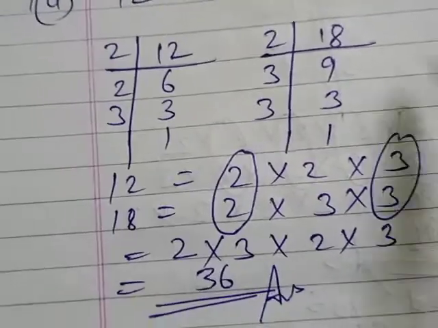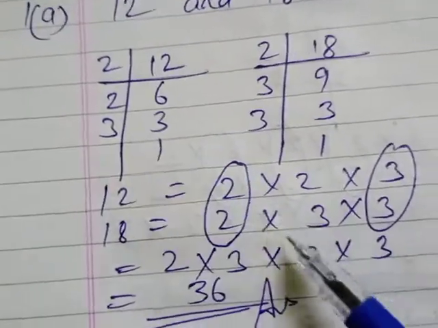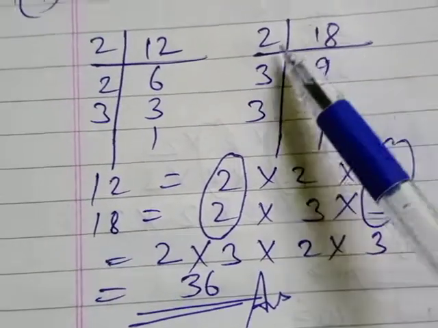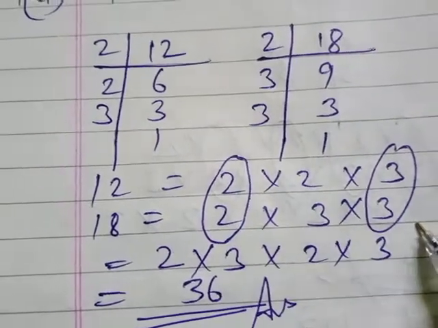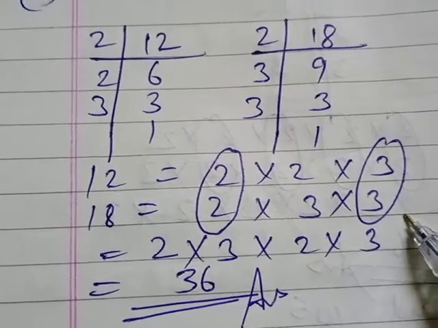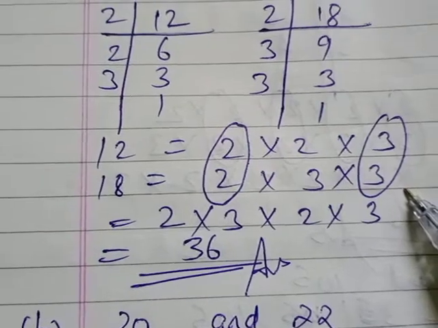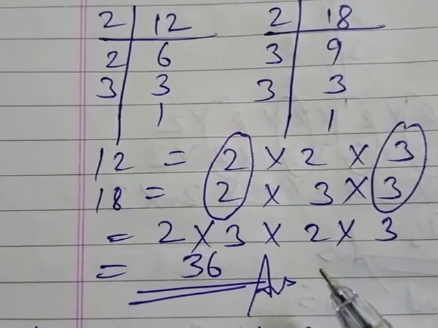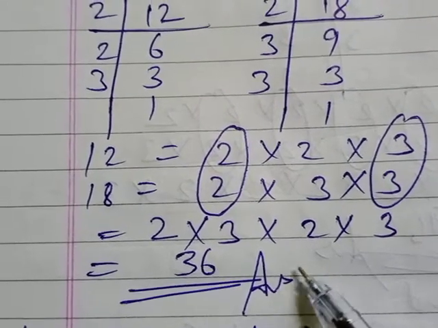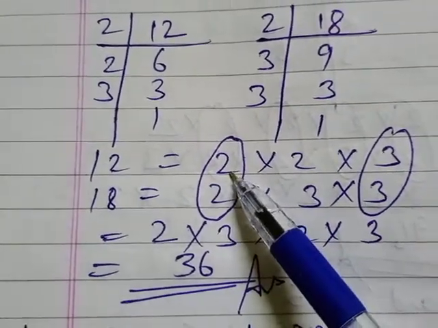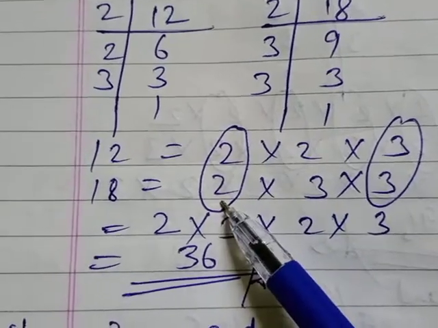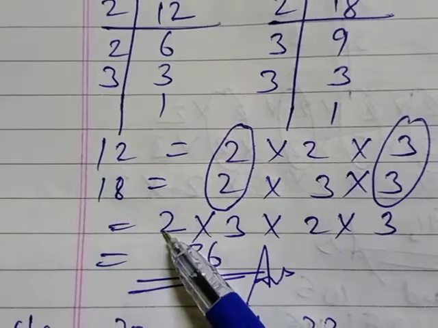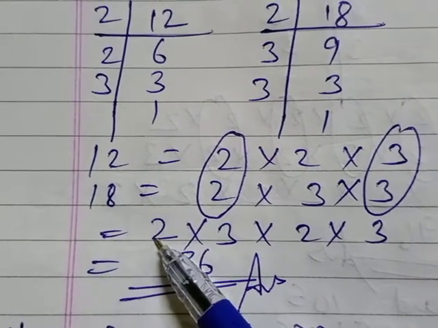After this, we will write all the prime factors like this. 12 has the prime factor 2, 2 and 3. So 2 multiply 2 multiply 3, and 18 has the prime factor 2, 3 and 3. Like this I have written. After this, important point which is, first of all, you will select all the common factors. Okay, so common here is 2 in this also and 2 in this also. So this together will make up one common factor. Are you getting this clear?